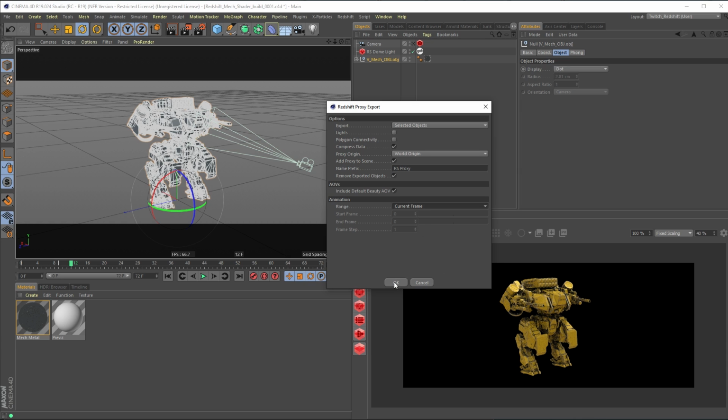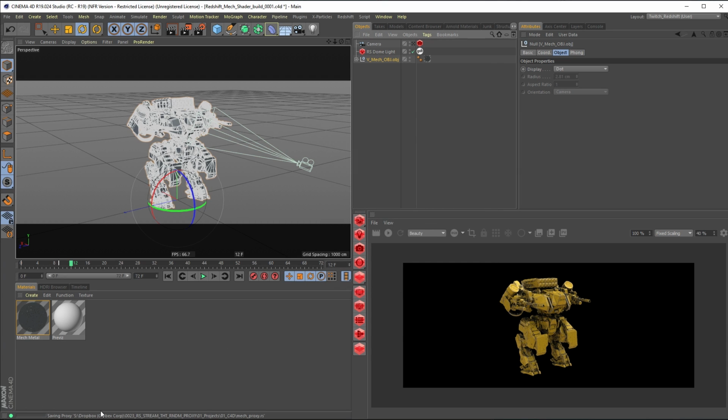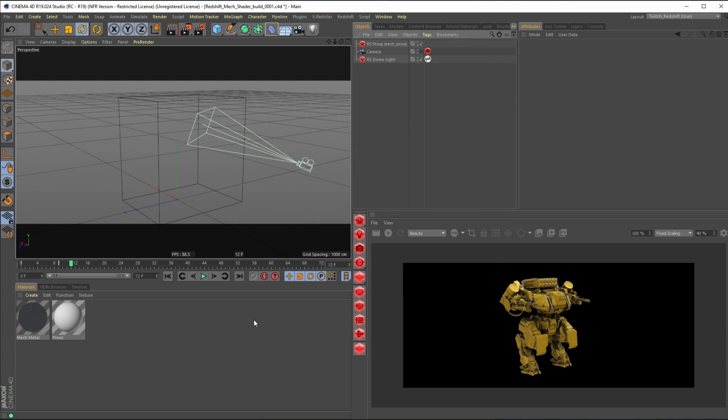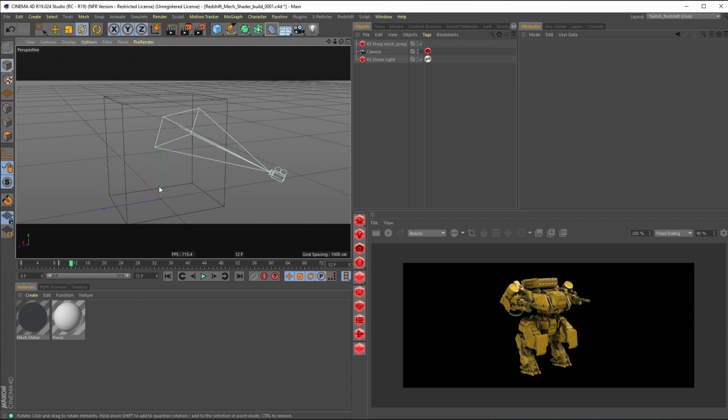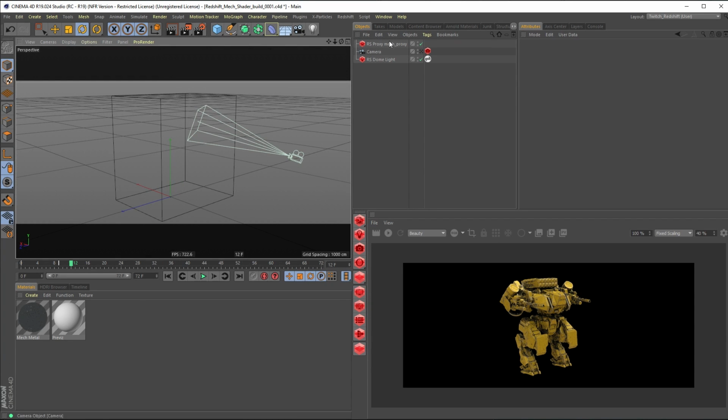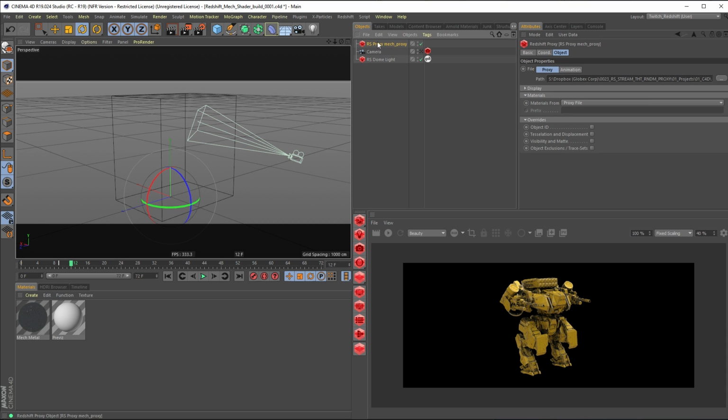I'm just going to hit OK, and it's going to have a little progress bar down here. It's going to take a second, and you can see it's done it. It's replaced it with a black box. Very, very exciting. It's very quick in the viewport, as you can see, because right now it's just a black